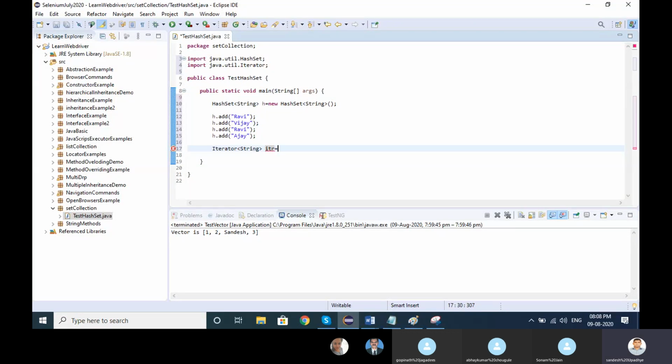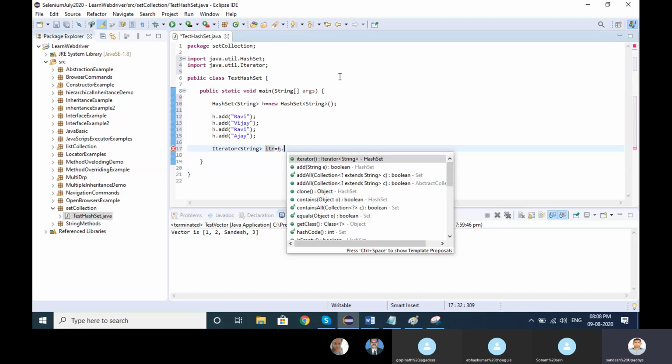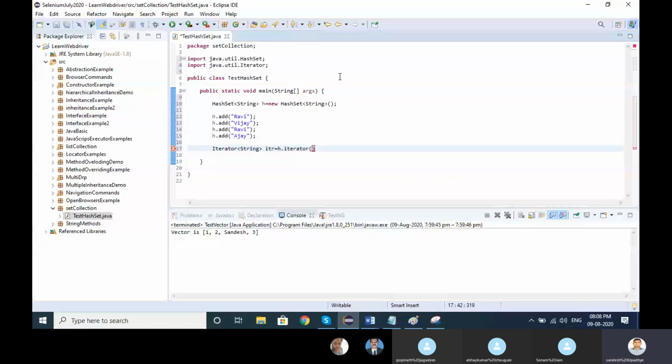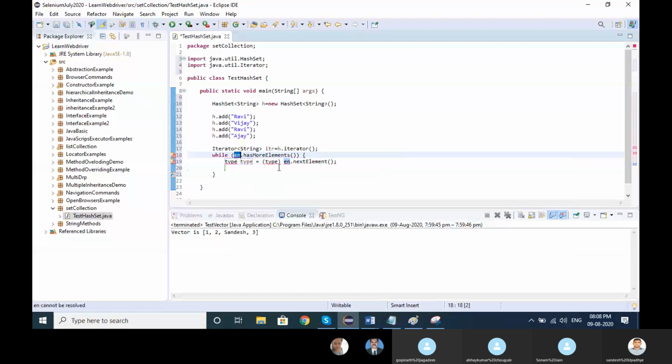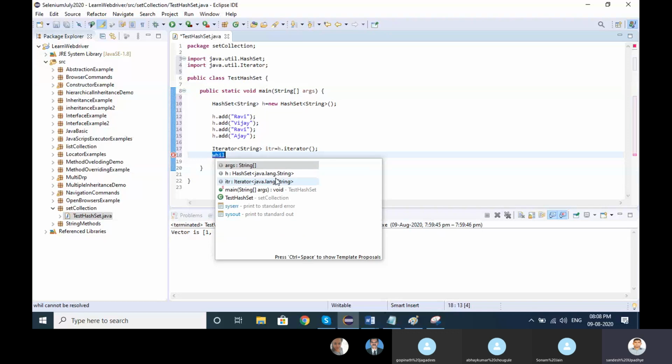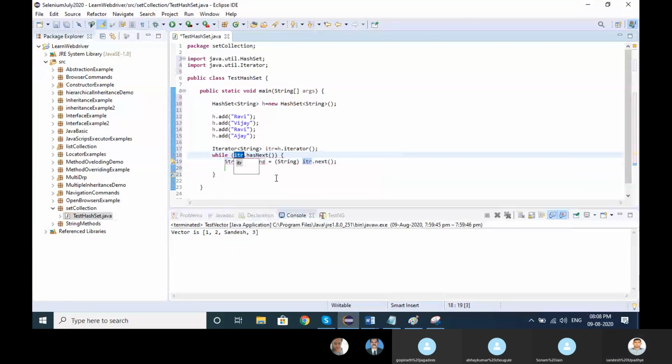To observe, most of the time I am not writing the code, I am taking it from Ctrl+Space, so it's always best practice because there is powerful intelligence built into Eclipse itself, whatever things you are going to take from the system itself. While iterator dot hasNext.